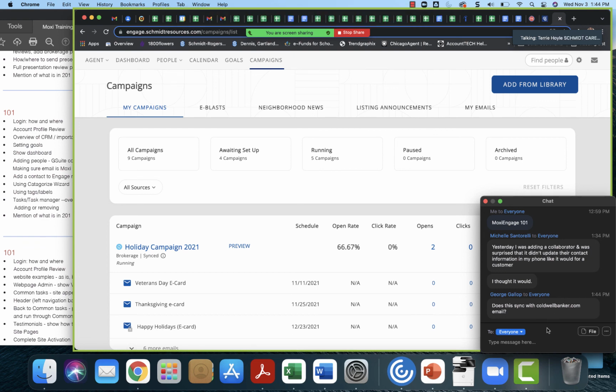George, at this time, it does not sync with ColdwellBanker.com emails. However, Realogy has also purchased Moxie. Schmidt Family Companies hired Moxie as our vendor first, but Realogy has since come on board. So we are being told that ColdwellBanker.com, which is a Microsoft product, will be able to sync to Moxie sometime